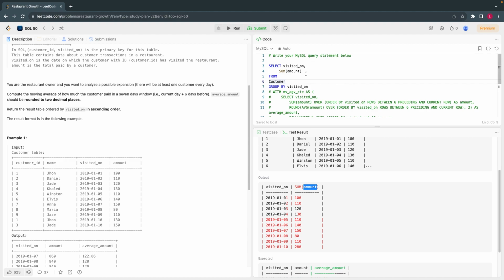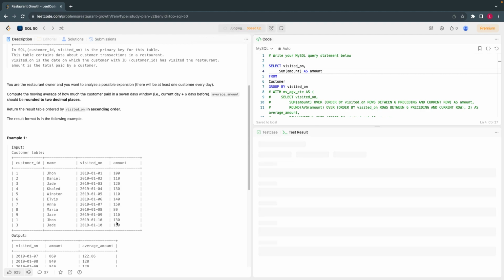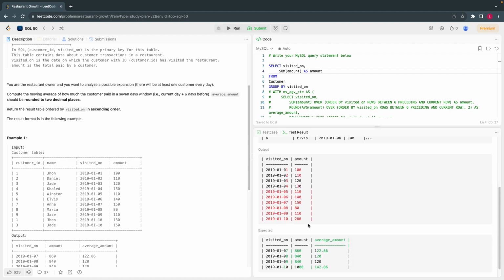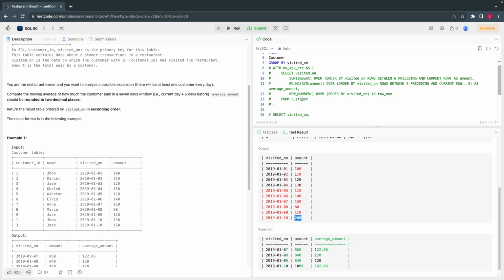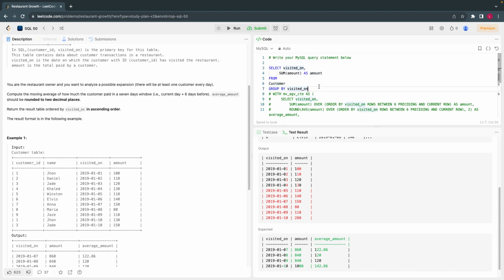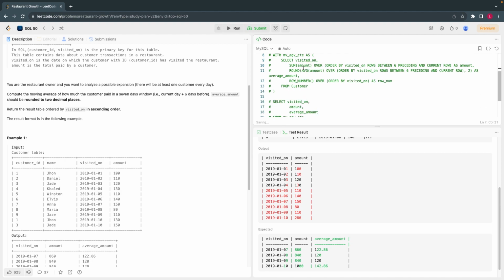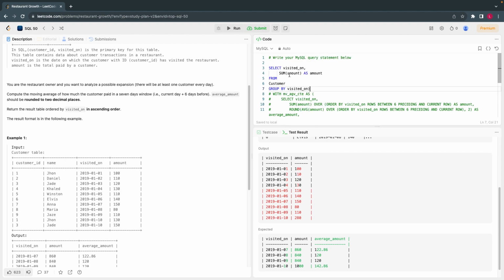I'll put as amount. On the last day, you will see these two sums get added, which is on the 10th day. So this becomes 30 plus 50, 80, 1 plus 1, 200, 280, and everything else is the same because only one customer visited. So instead of taking the data from the customer table, we will take it from the table we created as a common table expression. So we'll create another common table expression with